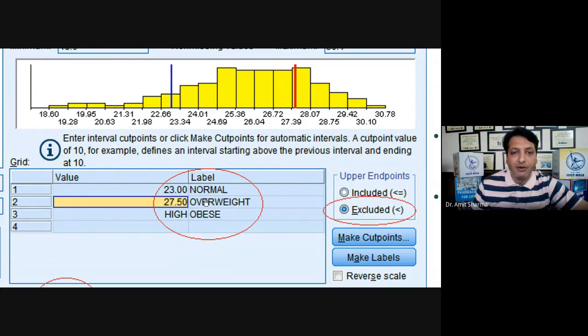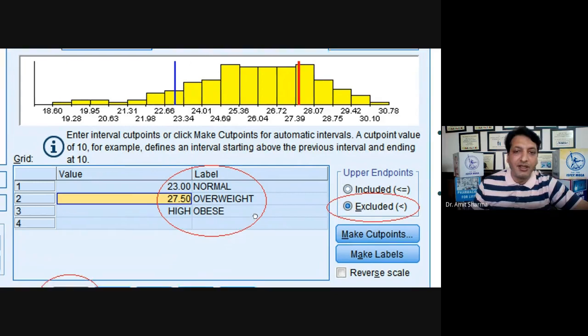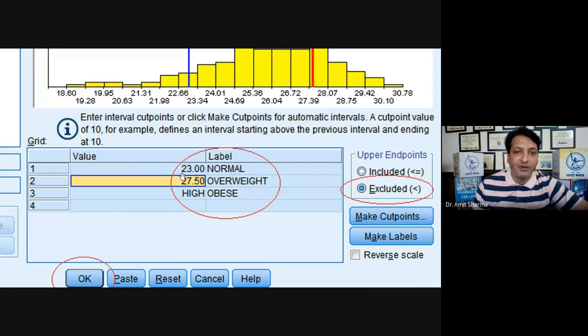So normal, overweight, and obese, and you have to click on exclude. That means any data which is less than the minimum number or more than the maximum number will be excluded from the study. After doing this, just click OK.